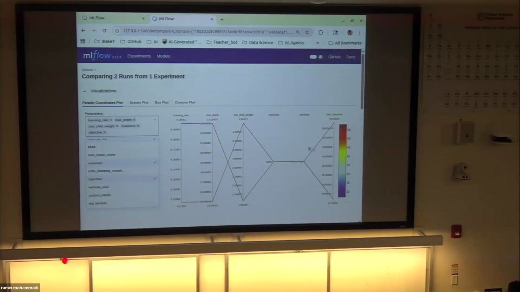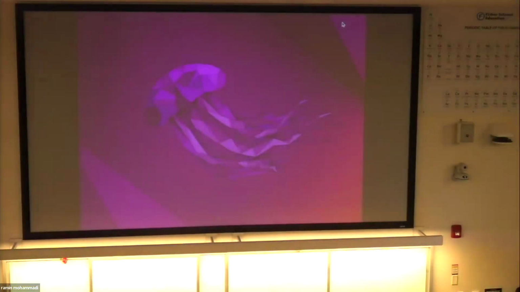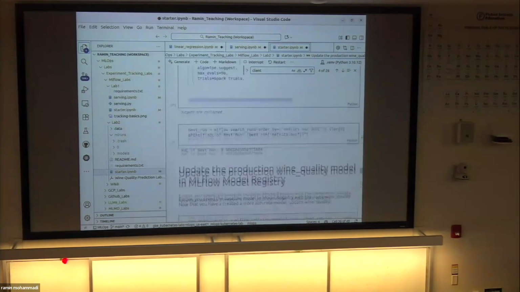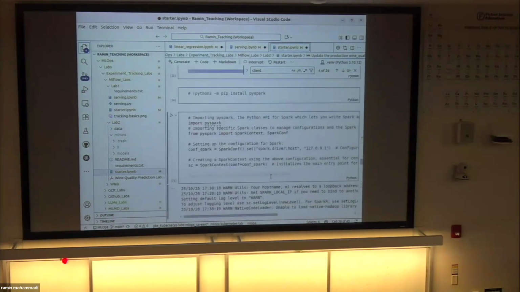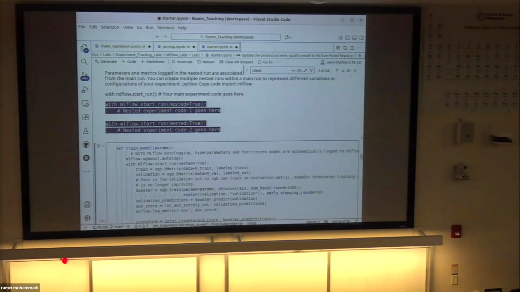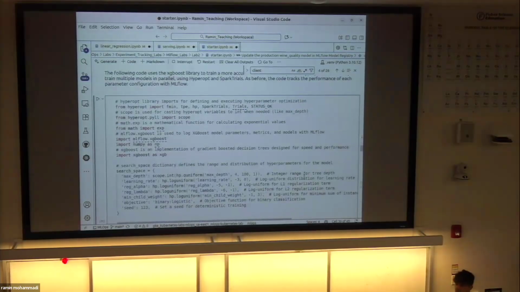Basically. So there is a lab I'm looking to run. If you run the lab, sorry, my mouse is lost. If you run this one, which is starter.ipynb, this one specifically does hyperparameter tuning. As part of the hyperparameter tuning,